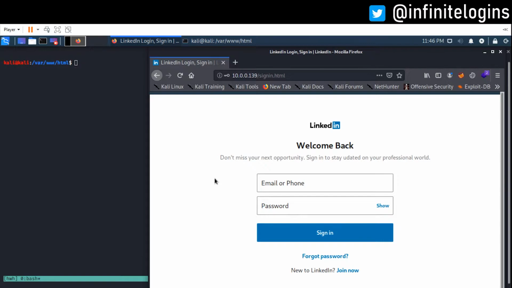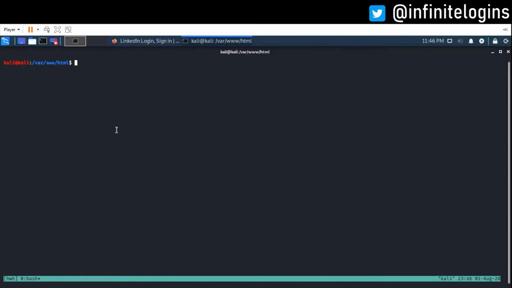The second piece is what happens when someone enters an email and a password and clicks sign in. We handle that through a PHP file called capture.php. Essentially, instead of sending whatever they type to LinkedIn, we want to send that to capture.php. So I'm going to show you what that looks like. If we look at capture.php,